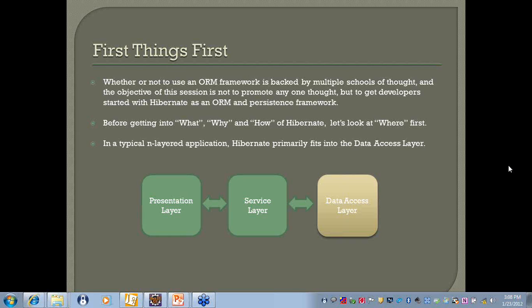So with that, again, coming back to the data access layer. I've already specified what the data access layer is supposed to do within your application. Let's see how a data access layer would have looked or looks when you haven't started using a persistence framework or